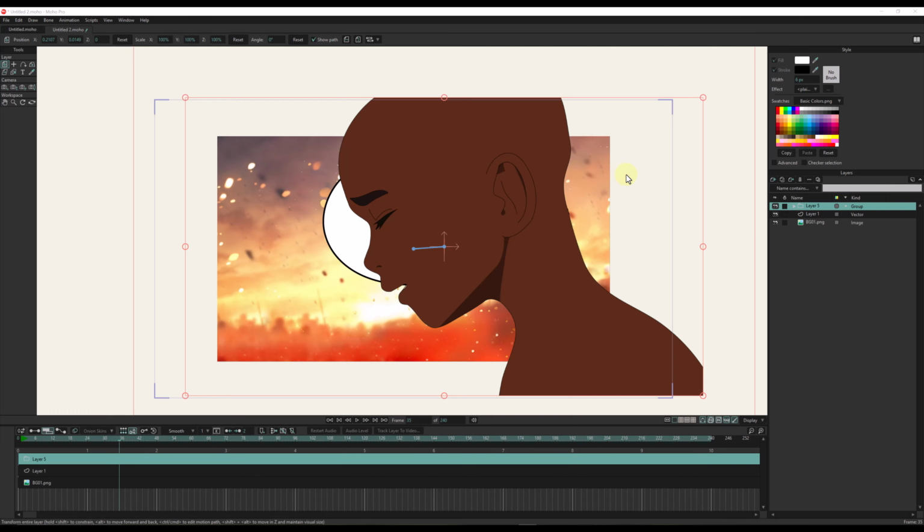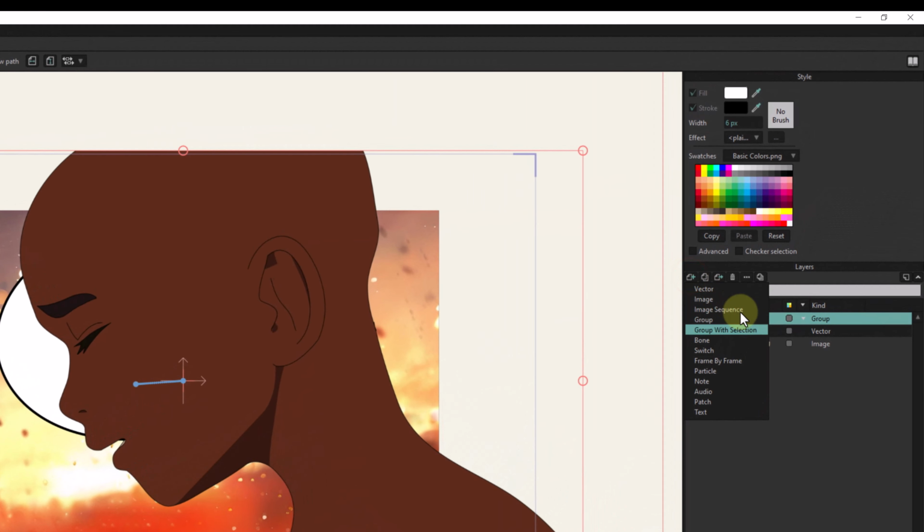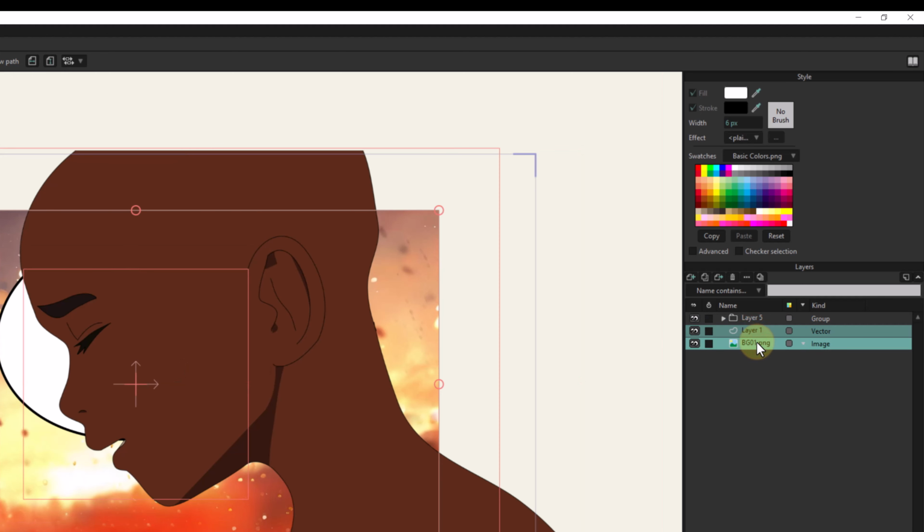The next one we have is the group with selection. I will select the 2 layers I want to be grouped, and then I select group with selection. It's going to group the 2 layers I have selected. Let's collapse that. Next up we have